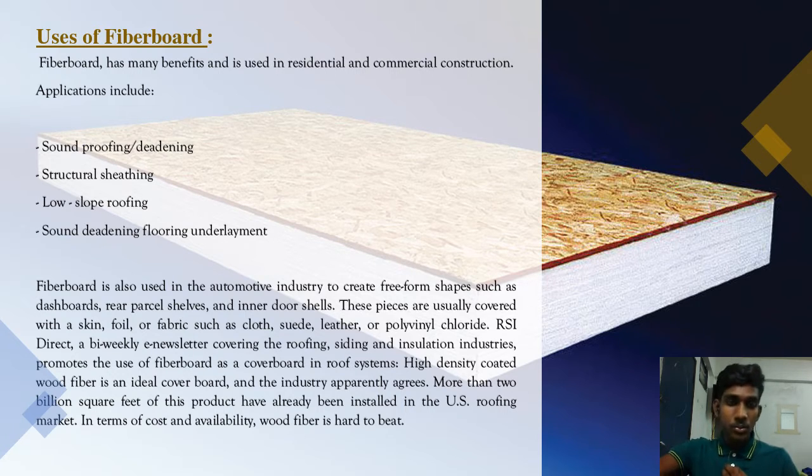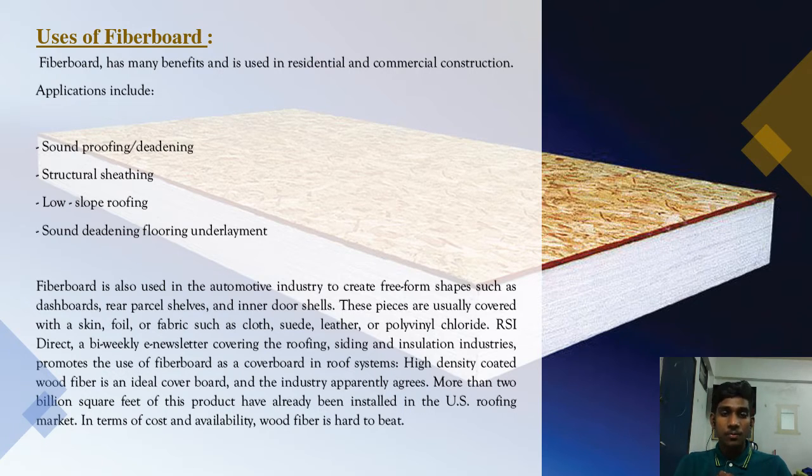Fiberboard is also used in the automotive industry to create free-form shapes such as dashboards, rear parcel shelves, and inner door shells. These pieces are usually covered with a skin, foil, or fabric such as cloth, suede, leather, and polyvinyl chloride. RSI Direct, a bi-weekly e-newsletter covering the roofing, siding, and insulation industries, promotes the use of fiberboard as a